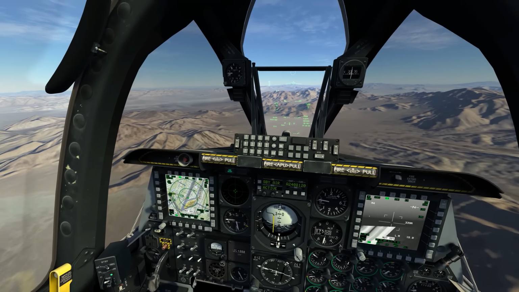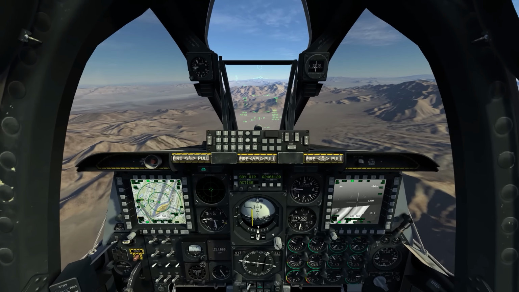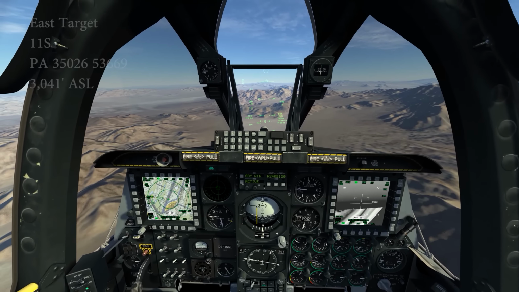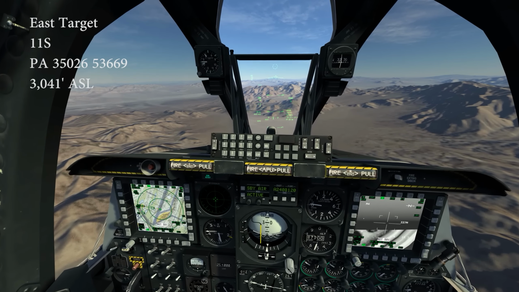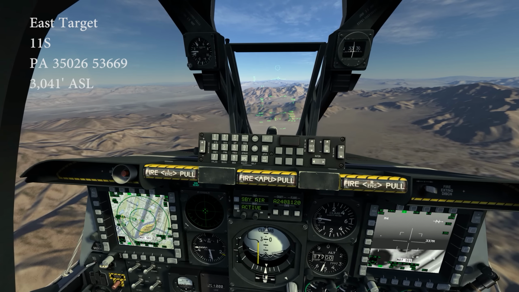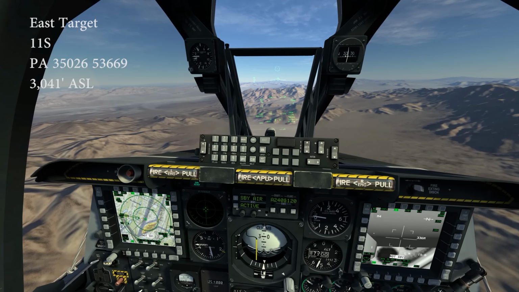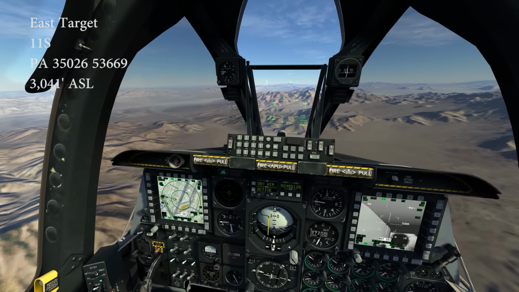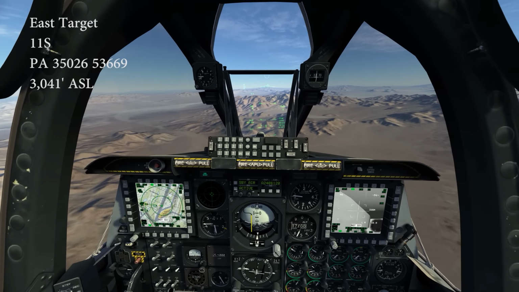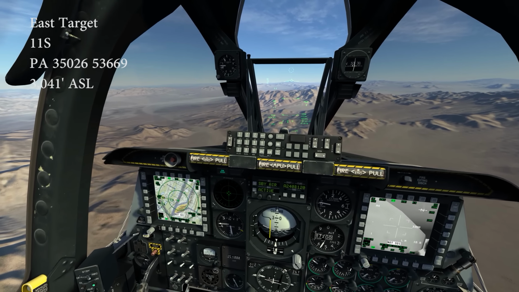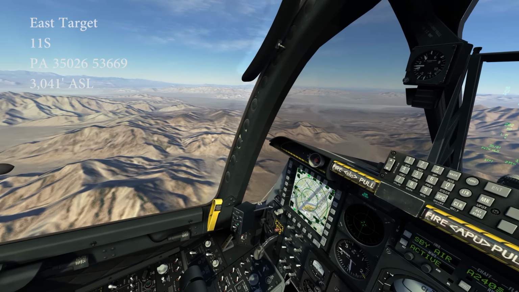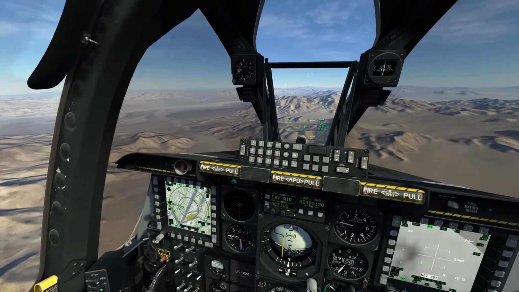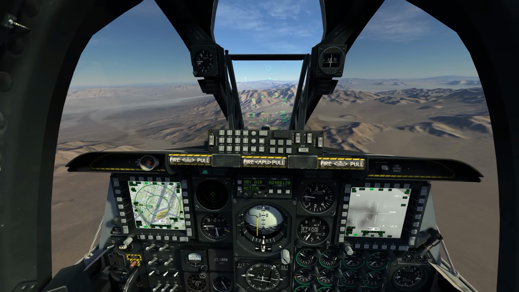So let's go ahead and start with the coordinates. The first target that I have coordinates for is located at 11 Sierra Papa Alpha 35026 53669 at an altitude of 3,041 feet above sea level. These are MGRS coordinates, so with those coordinates and the altitude, I have that position in 3D space where I know to look. So with that data, now we need to create the waypoint,